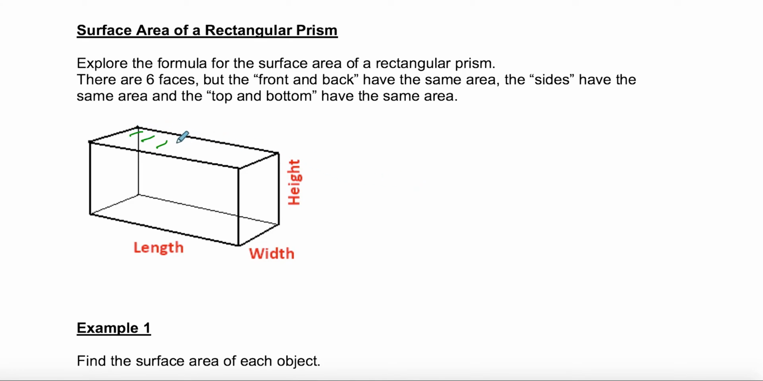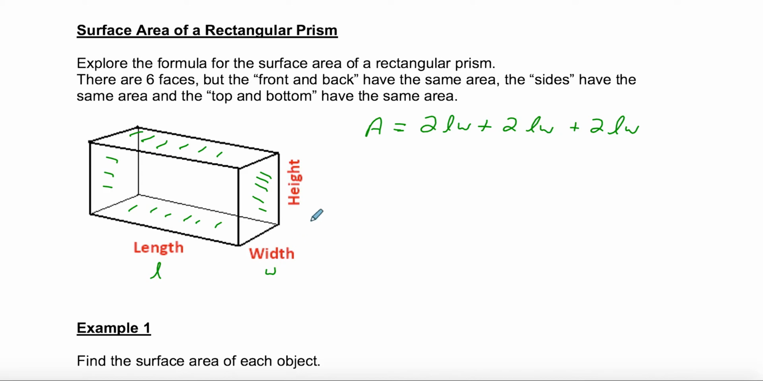So for example, I have a top and I have a bottom, and they are the same size. I also have a front, or maybe say a side and a side over there. And then I have a front and a back to the shape. So if the length is L and the width is W and the height is H, something that